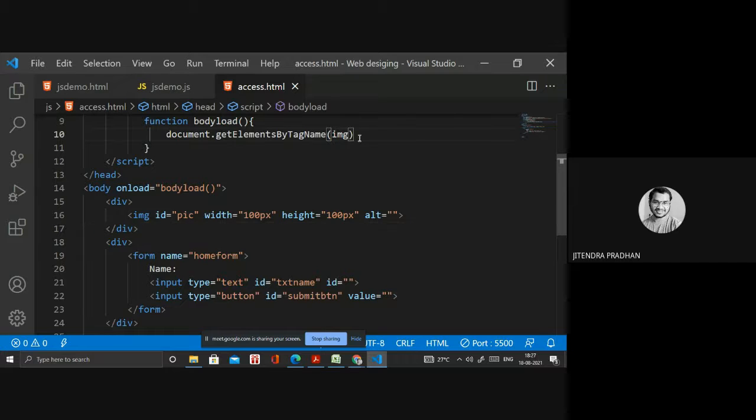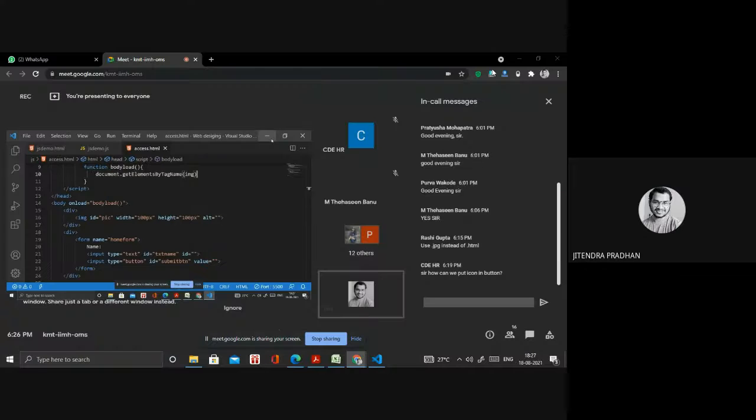Then I need to give whatever I need. Okay, wait a minute. So I will show you another way. Get elements, yeah, get element.